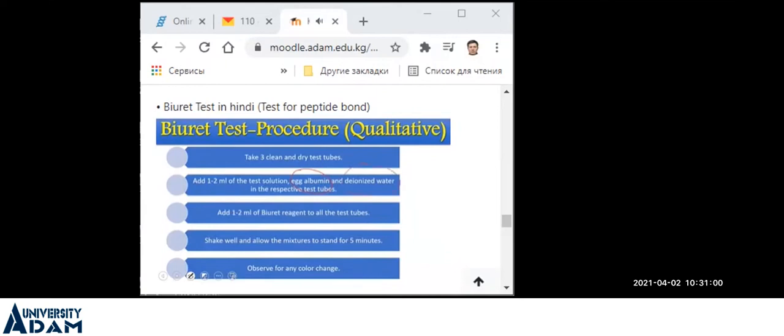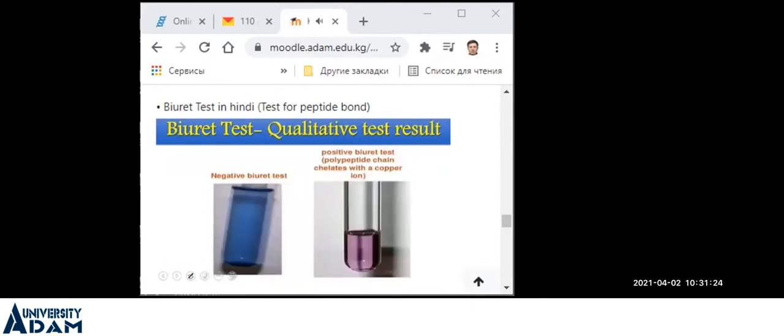हम डिस्टिल्ड वाटर डालेंगे। सभी में हमने 1 से 2 ml सॉल्यूशन डाल दिया, आइदर टेस्ट सॉल्यूशन का या एग एल्बुमिन का या वाटर का। सभी टेस्ट ट्यूब में हम 1 से 2 ml बायूरेट रिएजेंट डालेंगे, सबको मिक्स करेंगे और 5 मिनट के लिए आइदर वाटर बाथ में 37 डिग्री पे डालेंगे या फिर रूम टेम्परेचर पे रखेंगे और उसके बाद हम कलर को ऑब्जर्व करेंगे, कलर फॉर्म हुआ या नहीं हुआ।